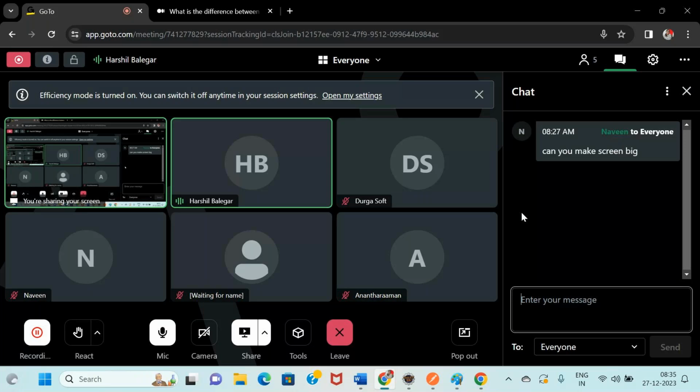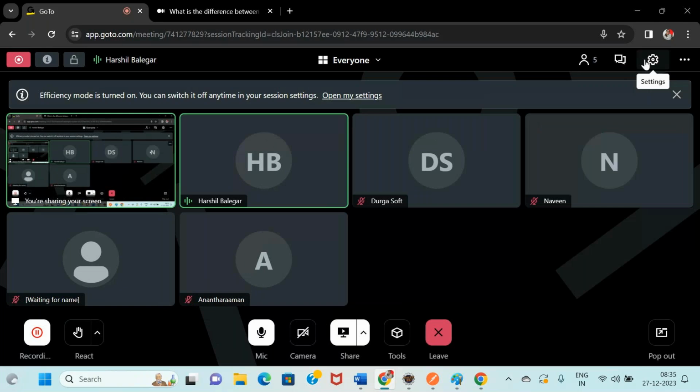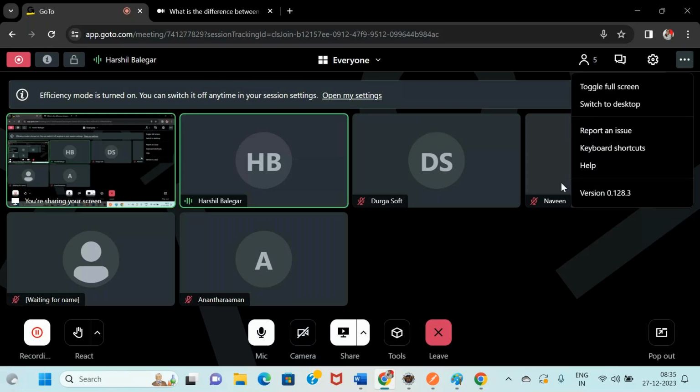Click on fit to window or something, it will come.